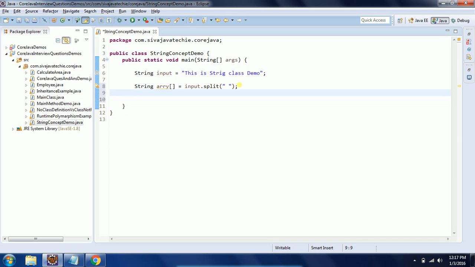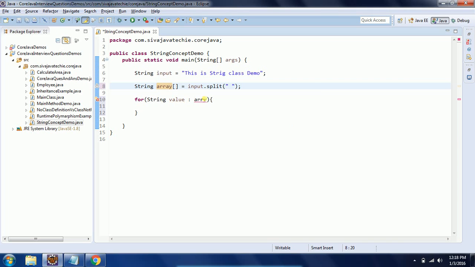Now I can iterate this array and get the string objects, or the string tokens as we call them. Now I can print these values.